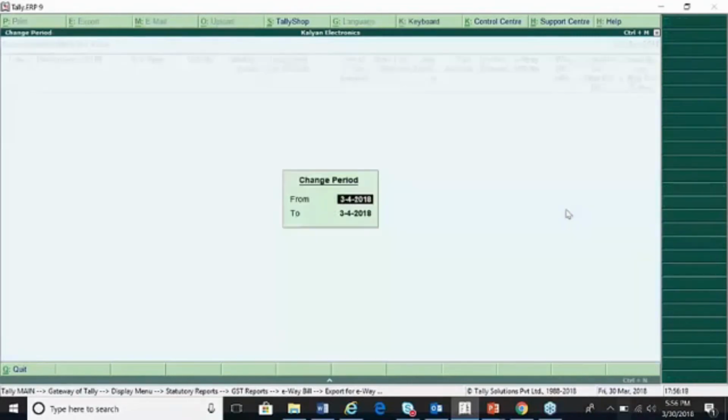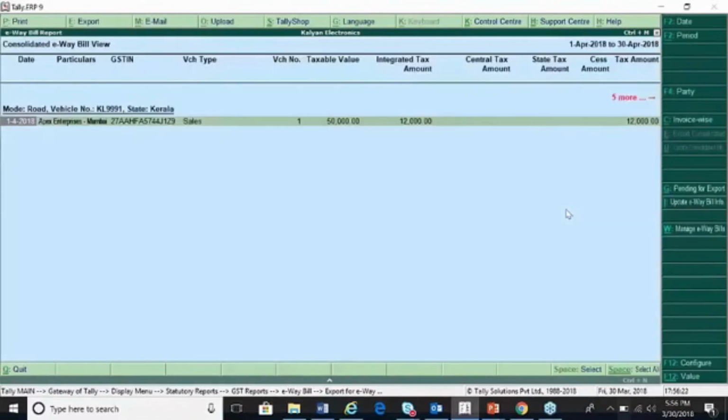E-way bill report. So set the period here. In this report we have got the e-way bill number generated for one bill. When you highlight this, you have an option for consolidated e-way bill view. If you have multiple bills of the same kind that you want to consolidate along with other bills, we have an option, export consolidated invoices.